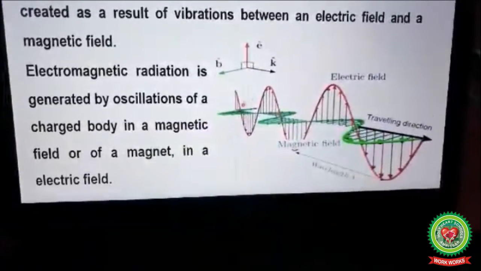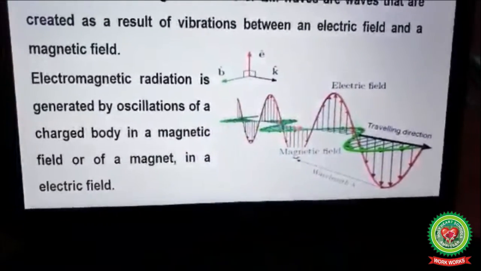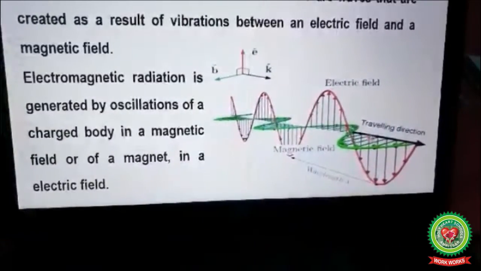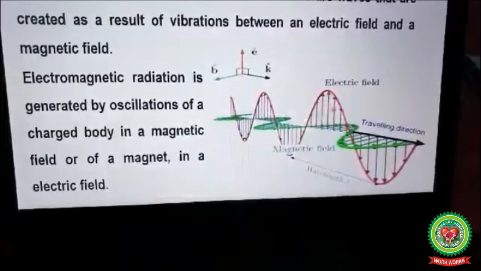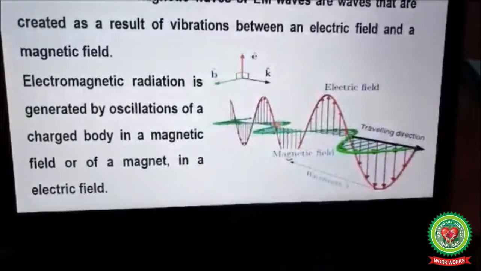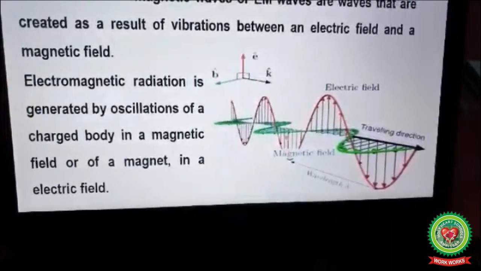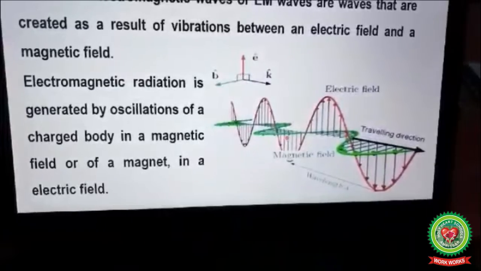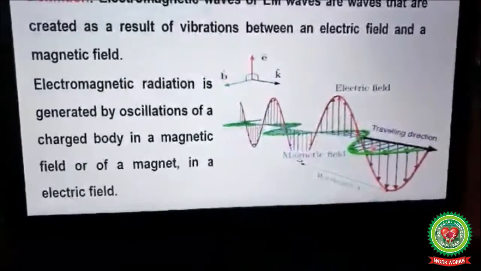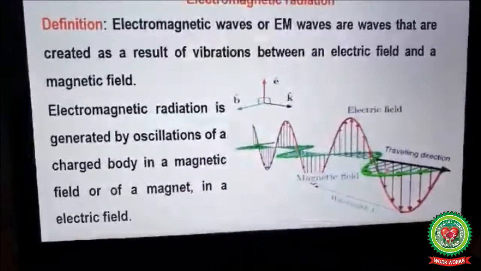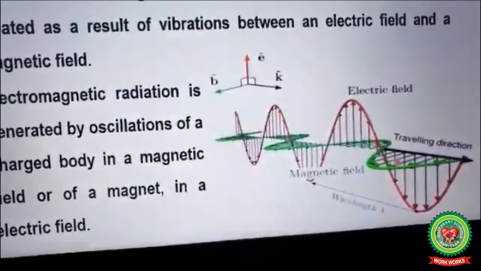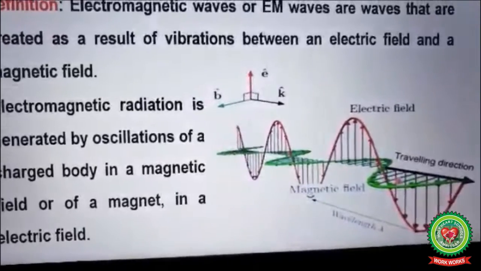The line which you can see here is the direction of propagation of the wave. So the wave is traveling in this fashion. The electric field is the red color and the magnetic field is the green color. Both the electric and magnetic fields are perpendicular to each other, and they are also perpendicular to the direction of propagation of the wave. So you need to have a look at this particular diagram here. They are oscillating in this particular direction.